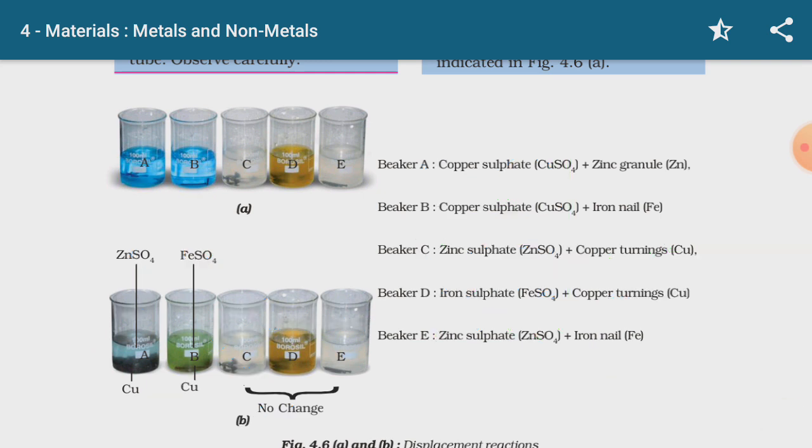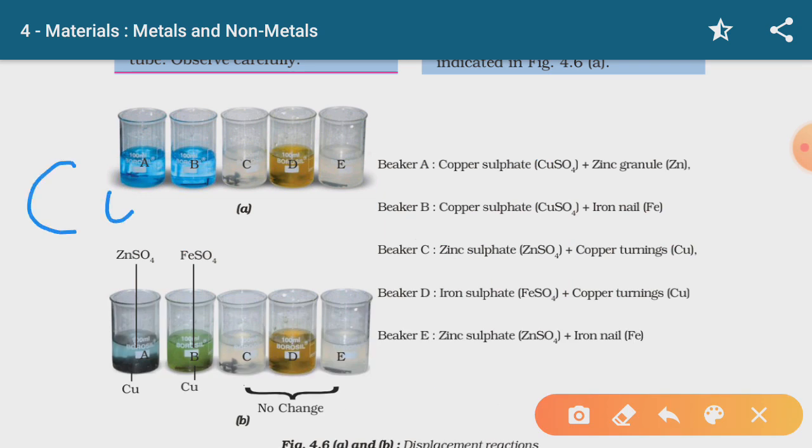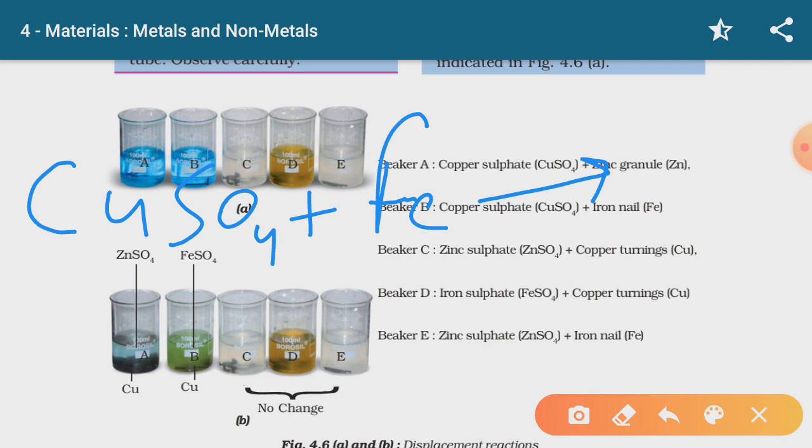So we can write it like this. It was basically the copper sulfate solution. This is copper sulfate. Then we have put the iron into it, Fe. So after some time, what was the observation? Iron was more reactive, so it has displaced copper from its salt solution. It's a salt basically, and it is in liquid state, so we say salt solution.